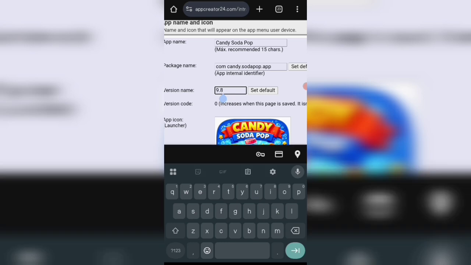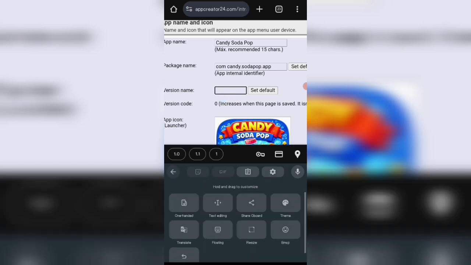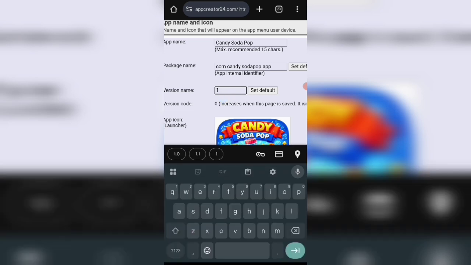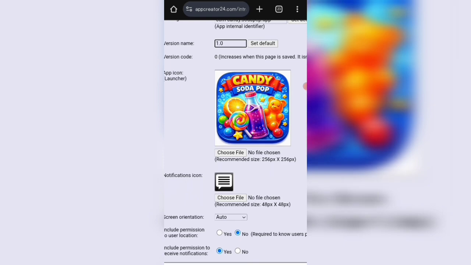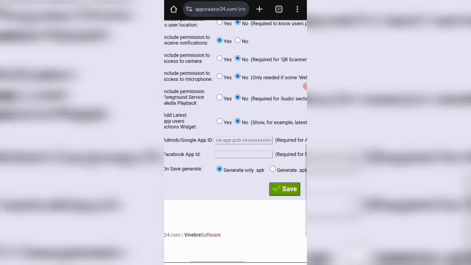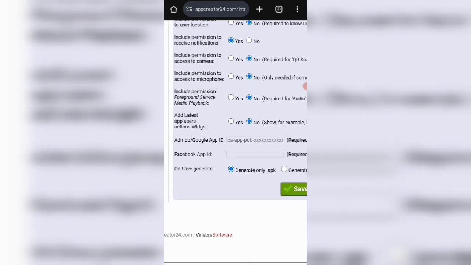You're going to change the version so that it will be easier for us. You change the version, you make it 1.0. So this, our app icon, is okay. And if you're adding an AdMob app, you're going to add the Google AdMob ID, which I will be